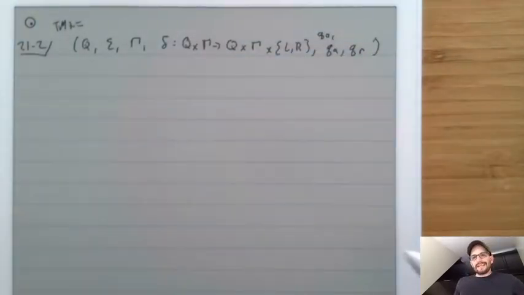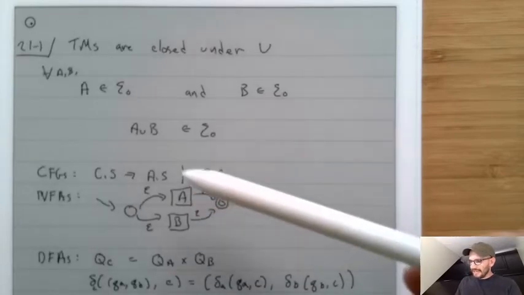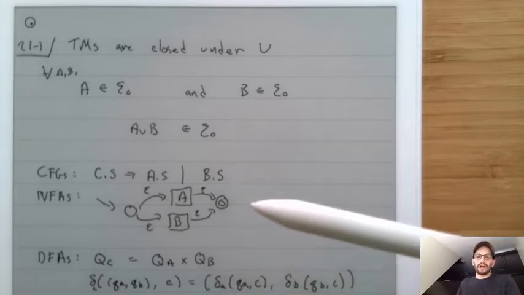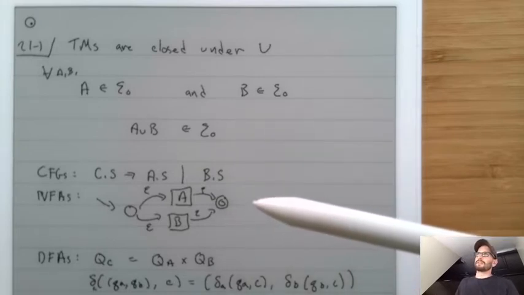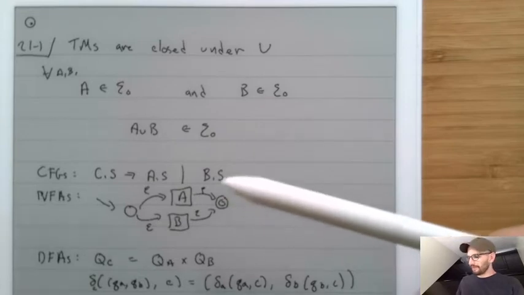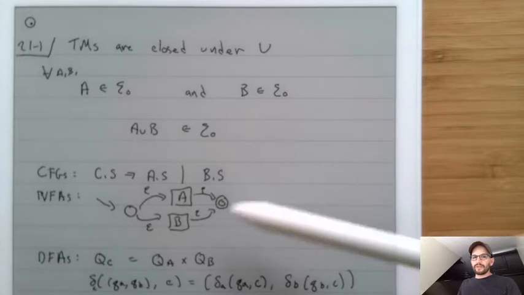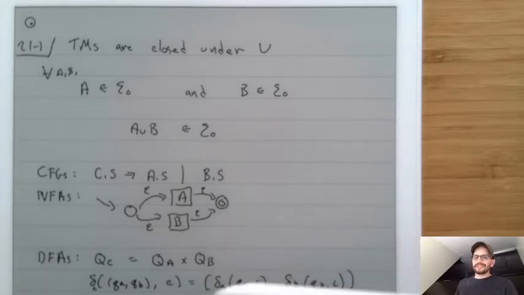Now, it's not obvious how we can apply the same idea as any of these models. For instance, we can't do the context-free grammar thing where union is just built into the language, because union is not built into the specification of Turing machines, so we can't do that. We don't have non-determinism, so we can't use the NFA idea, and the DFA idea is close, but the problem